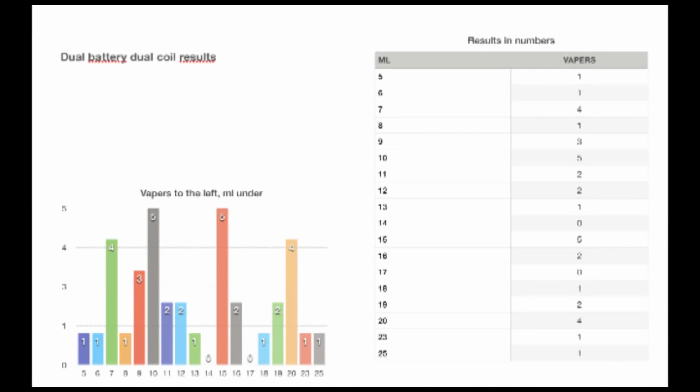Here again we can see the statistics for dual battery, dual coil results. And yeah, you can choose to see this as a continuous curve, or you can choose to look at this as 2 groups, where one is the standard normal and the group to the right is exceptionally skilled vapers. Anyways, 65% of you comes in between 8 and 10 milliliters in that group, and 35% of you scores 15